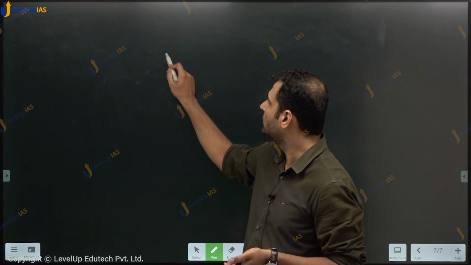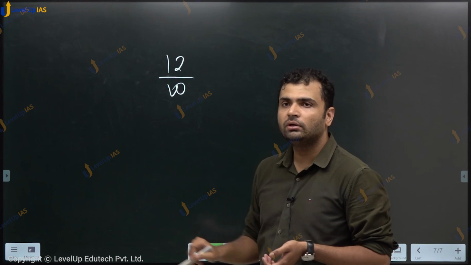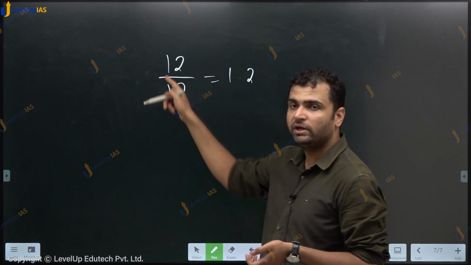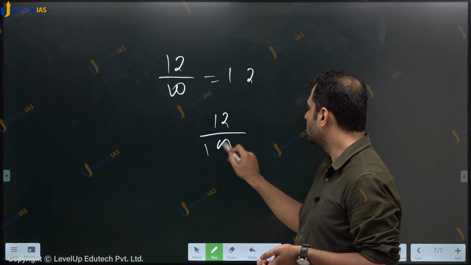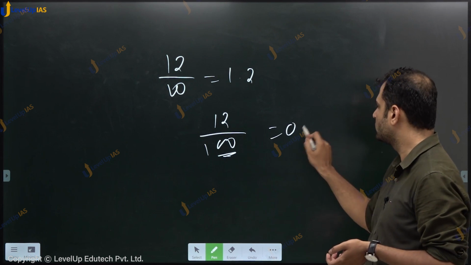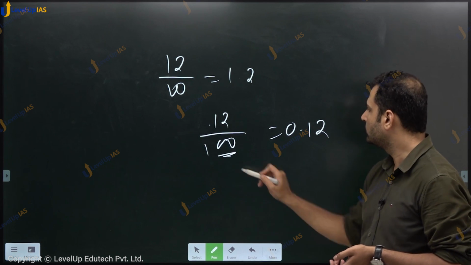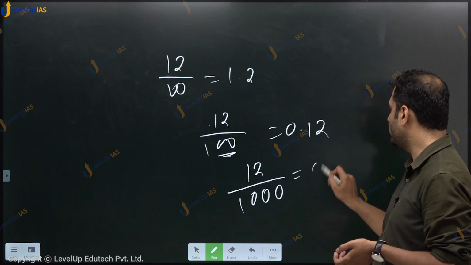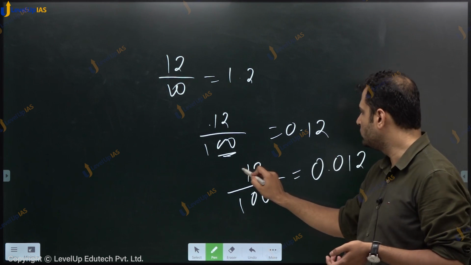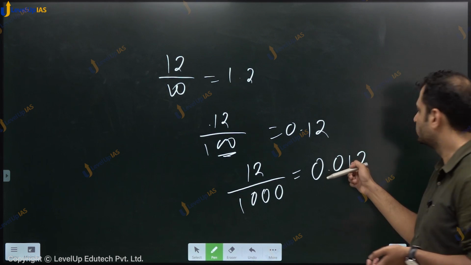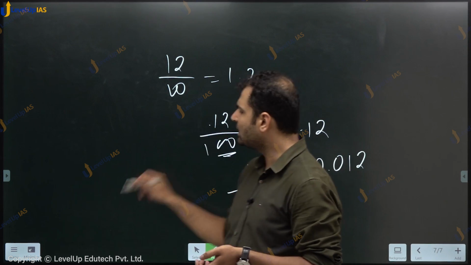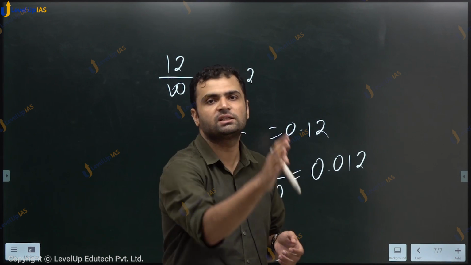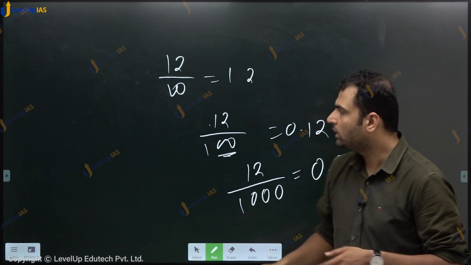If I take this 12 divided by 10, what do we do? Instead of this 10, we put a decimal point here. 12 divided by 100, 2 zeros, so 2 decimal places. 3 zeros, 12 divided by 1000, decimal point 1, 2, 3 here: 0.012. That is how we divide by 10, 100, 1000. We just, after that many digits from the right hand side, put the decimal point.